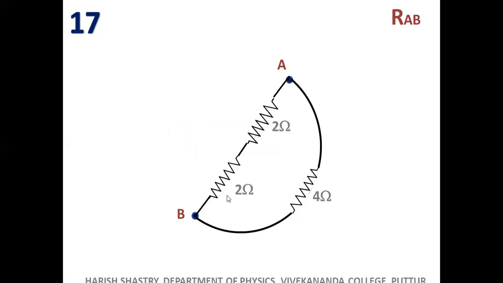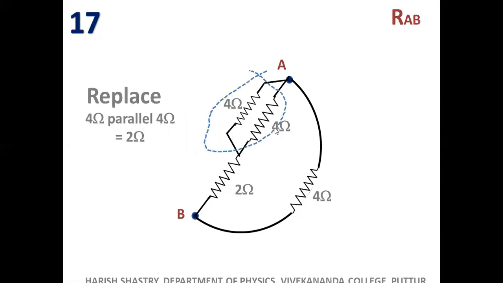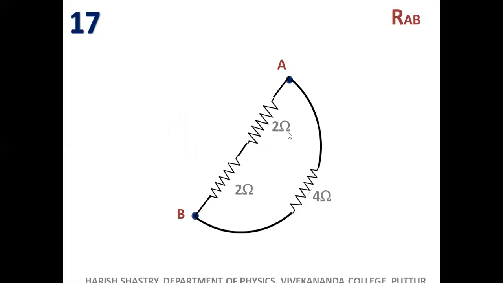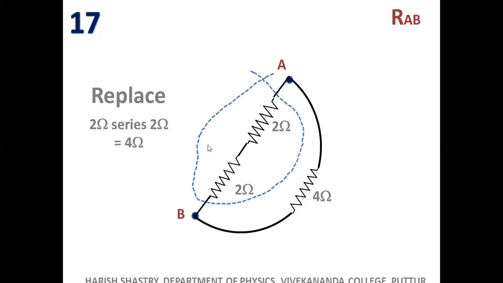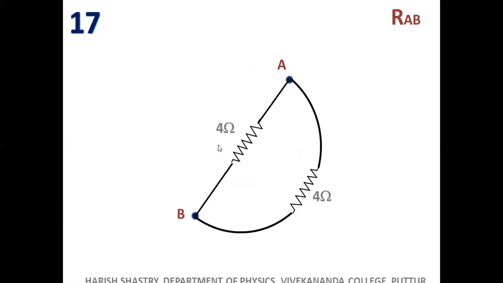Now let us replace it by 2 ohm. Now 2 ohm is in series with 2 ohm. So this replaced resistor and this one, then it is 4 ohm. Totally this is 4 ohm. You can replace this resistor by 4 ohm and replace that 4 ohm here. 2 plus 2, 4 ohm. Now across A and B. See, anywhere, did we lose A and B? We didn't lose A and B at all anywhere. We will go back and see. Now this is 4 and 4 parallel. So it is 2 ohm again. So resistance between A and B is 2 ohm.